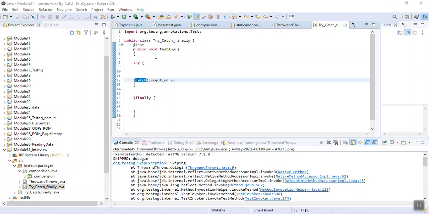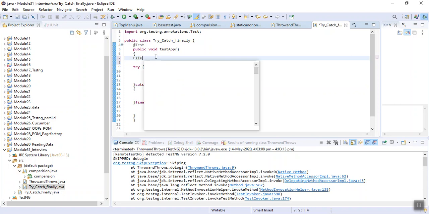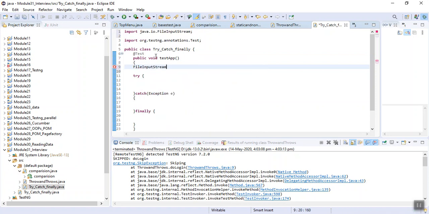Say now we are discussing file input stream. So what I do, I create an object of FileInputStream and I keep it as null.